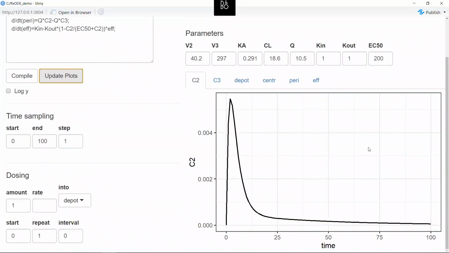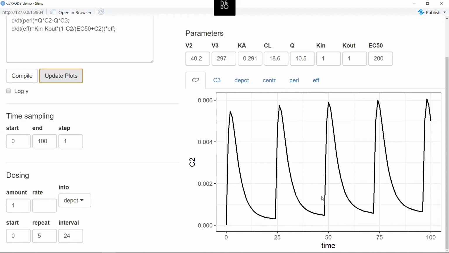It shows you, in this case, a single dose. And as we did before, you can say repeat 5 times with dosing interval equal to 24 hours. Then you say update,